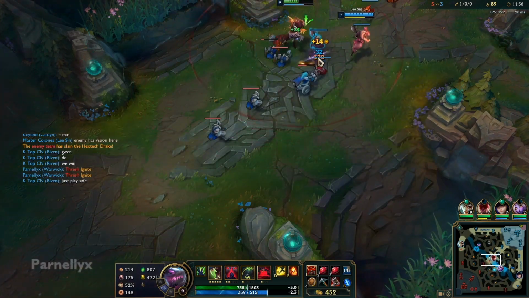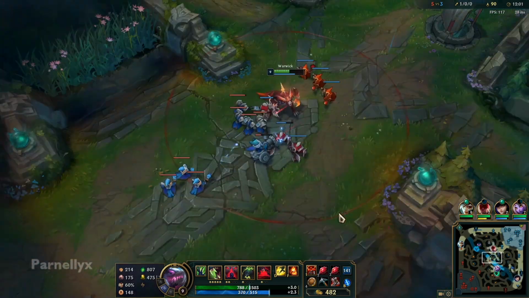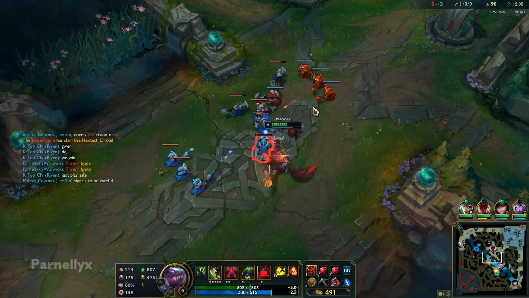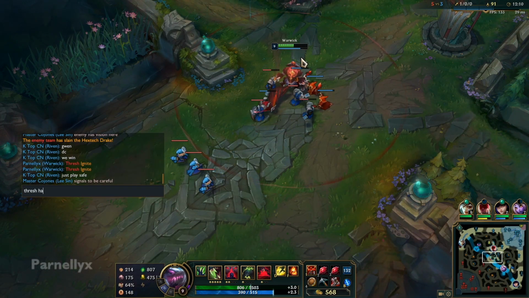That's why I don't like playing top lane Warwick as much. That's why I play more mid lane Warwick than top lane Warwick, because top lane Warwick is so punishing with the ganks. I hate getting ganked by the jungler, getting camped. You feel so helpless. You feel like you can't do anything, and you're really relying on your team. And it's kind of the same situation in mid lane,